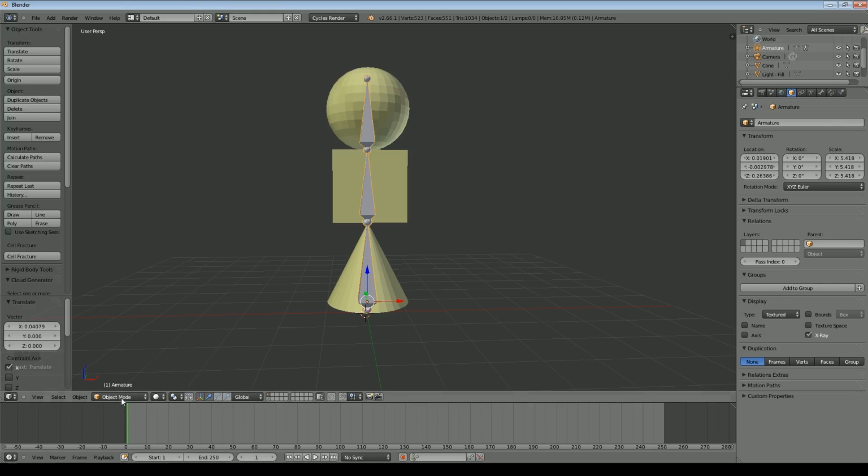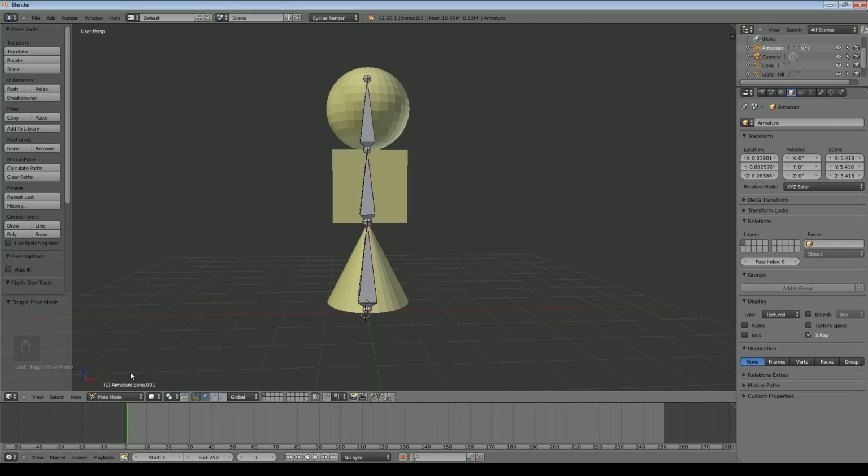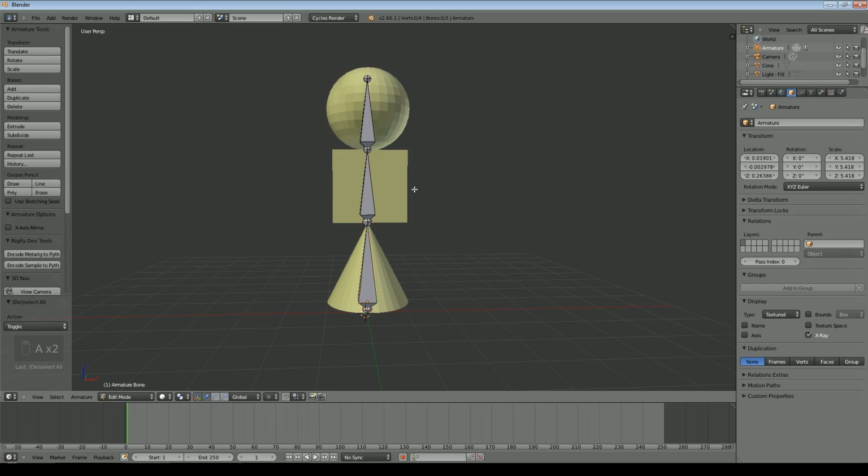So for example, we go down here with the bone selected or armature selected and we go to pose mode. Now if I press R and rotate, you'll notice this is rotating around the other one, so I'll leave it straight. In fact, now I'll select the next one down, rotate that, and you notice the top one goes around with it. And obviously if I do the same with the bottom one, they all rotate with it. So I now need to make this bone affect, this armature rather, affect this shape.